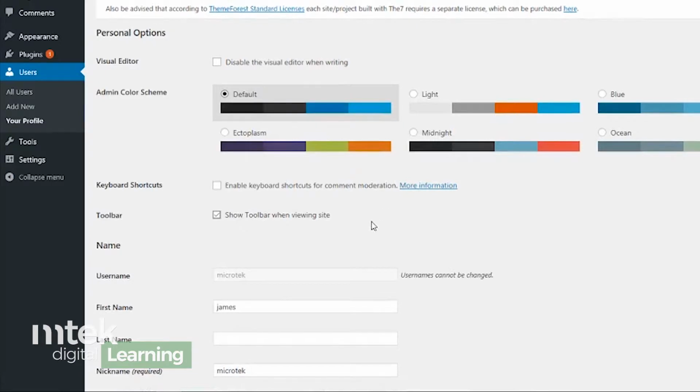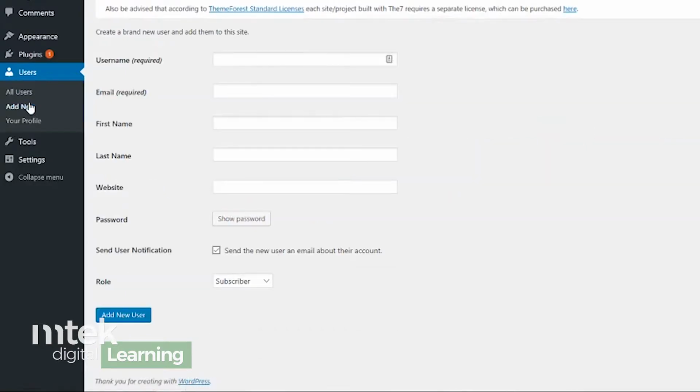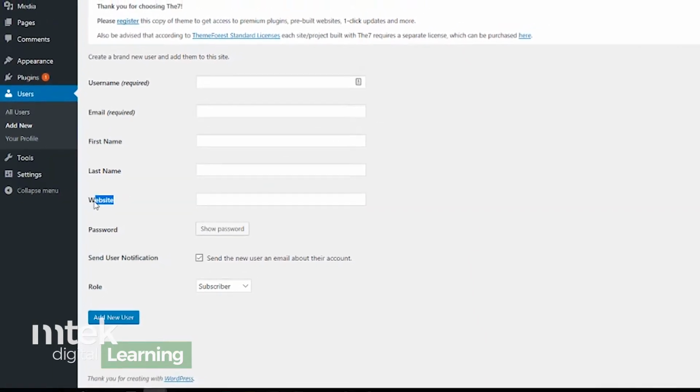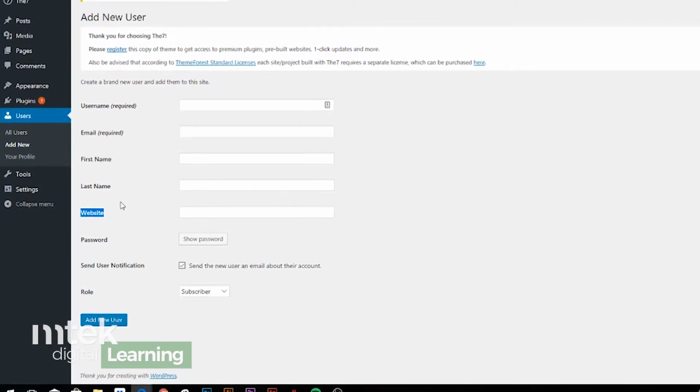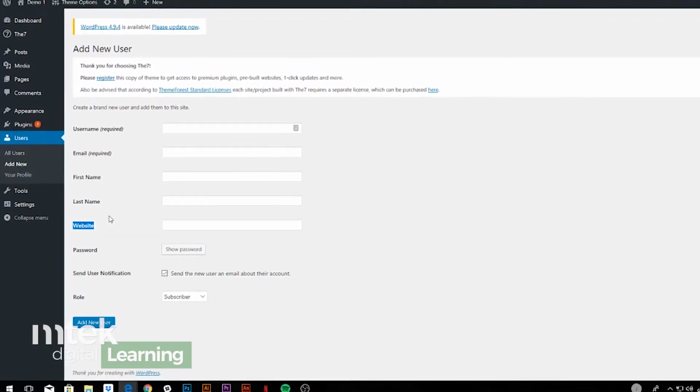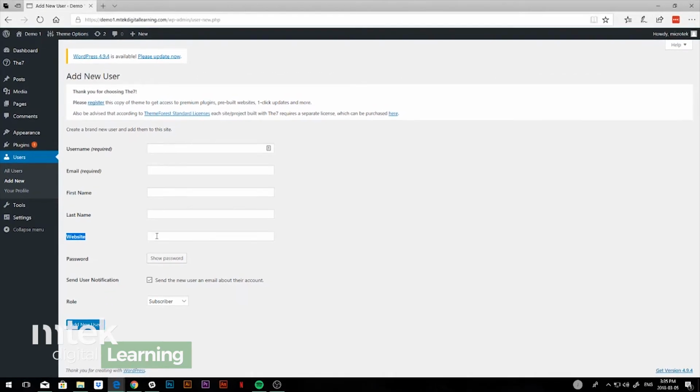And really all these things should be set at the time when you create a new account. When you're creating a new account, it gives you all the things that we looked at under profile, your username, your email address. You want to make sure that it's a valid email address, and that person will receive the authentication or the validation email when you create this account. And you have the option to send a notification to a new user once you add them to the system, and I think that's a good thing to do. Website, I don't think I've ever used this. I think maybe that again is a part of the bio that appears for an author. Generally, most people using this website will be part of the same organization, so it's somewhat not necessary. Like I said, I don't think I've ever filled this in.